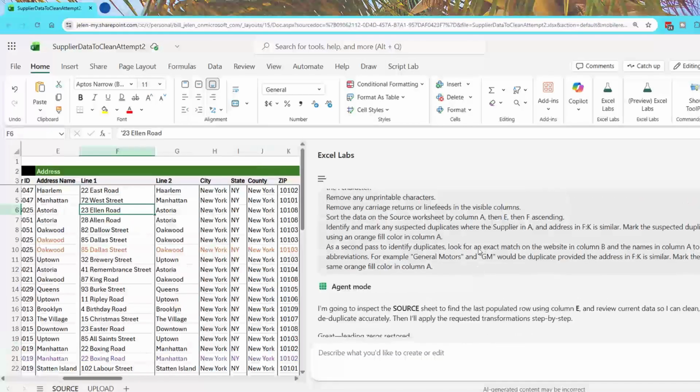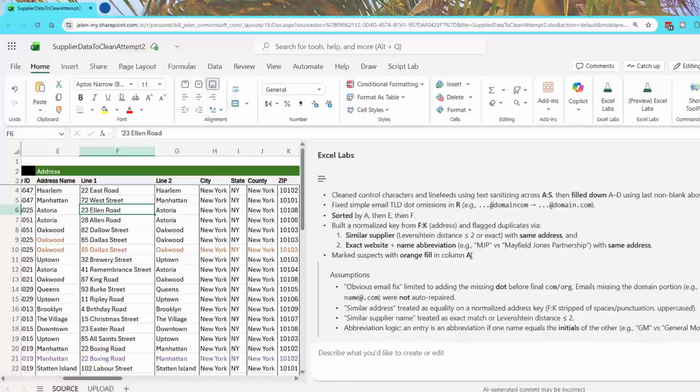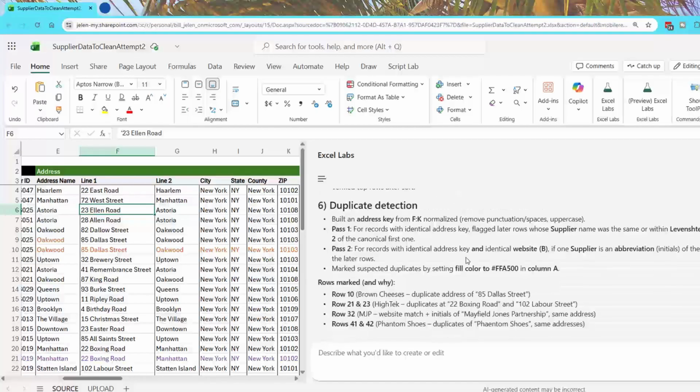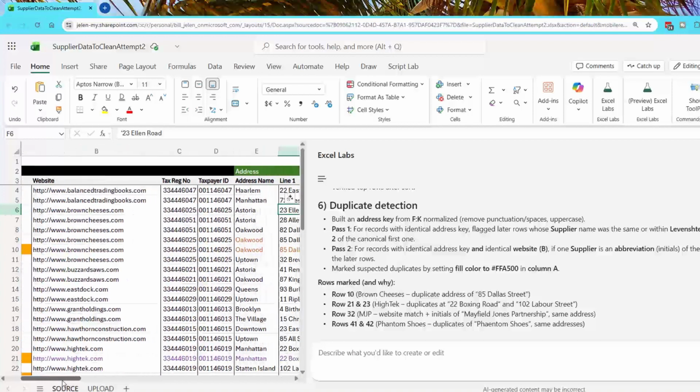Okay, wow. It took just a few minutes again, did a great job, gave me the whole details here of exactly what it did. And let's see, I don't know how to pronounce this, Levenshtein distance of 2, looking for duplicate records. And I was actually surprised when I just casually had looked at this. I thought there were a lot more duplicates in Brown Cheeses